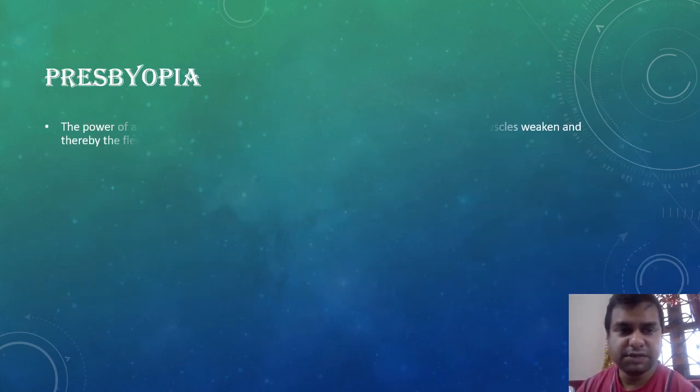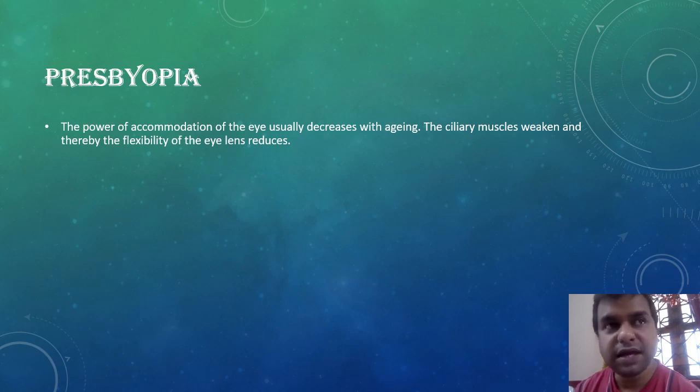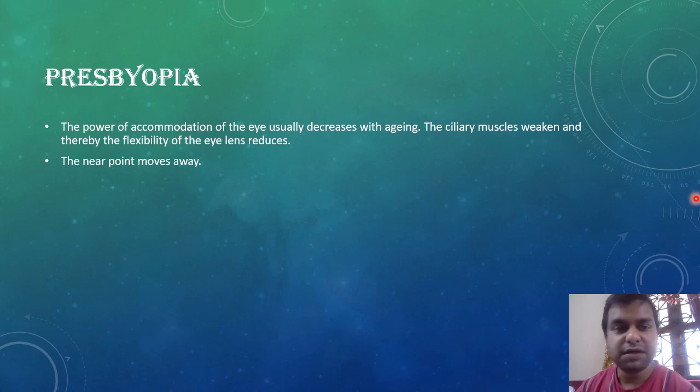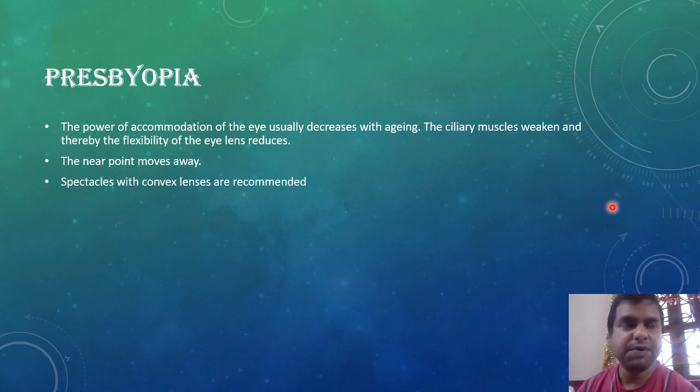Then you have something called presbyopia. Presbyopia can be considered as a mixture, or a combination, of myopia and hypermetropia. It means you can't see objects which are close by, and you can't see objects which are far away as well. In almost all cases, presbyopia is seen in elderly people where the ciliary muscles have weakened, and the eyeball has become either too long or too small, and so forth. Symptoms of old age, you can see wear and tear. Either the near point moves away.